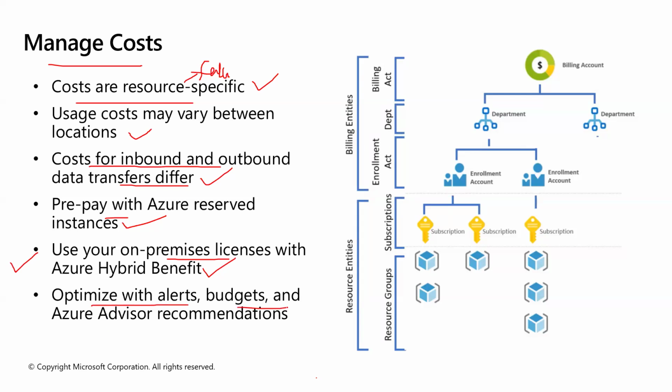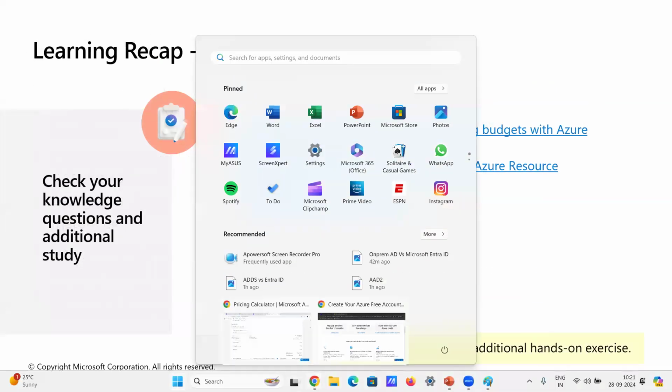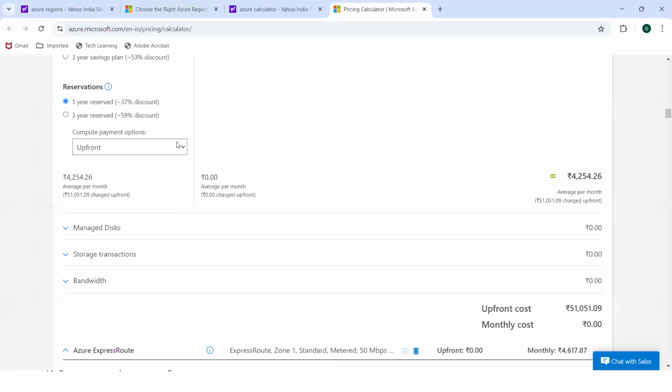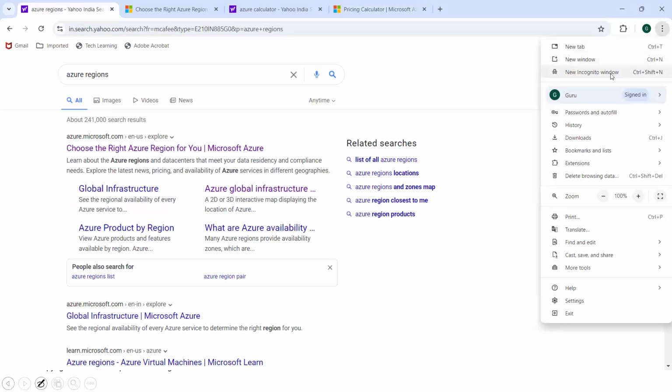Optimize with alerts, budgets, and advisory. That means I can see the Advisor recommendations in Azure. What is the recommendation it gives? So this is the costing. First thing is, if I go to the pricing calculator, you know what exactly you will do. Now, if I go back to my portal,